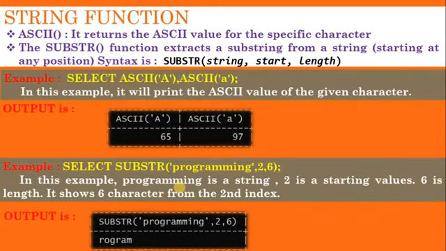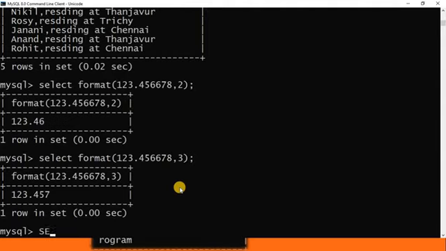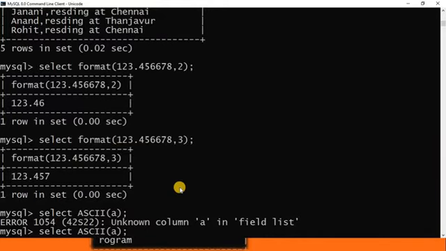The ASCII function returns an ASCII value for a specific character. ASCII means American Standard Code for Information Interchange. How to execute this? I will show in the SQL command line. SELECT ASCII of a. Oh sorry, we have to give a string here.